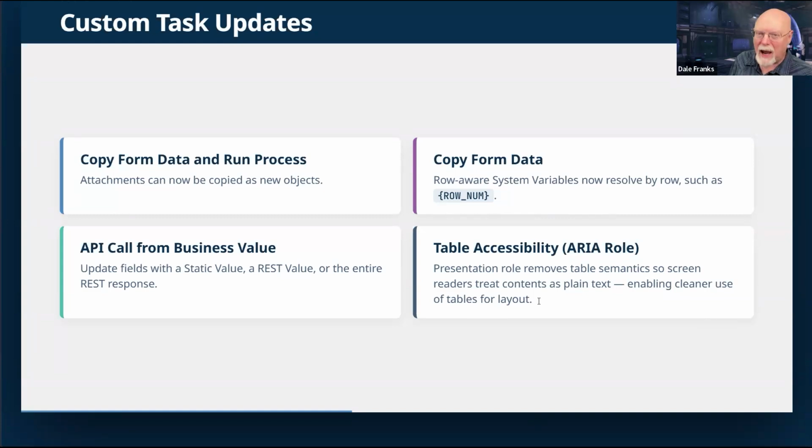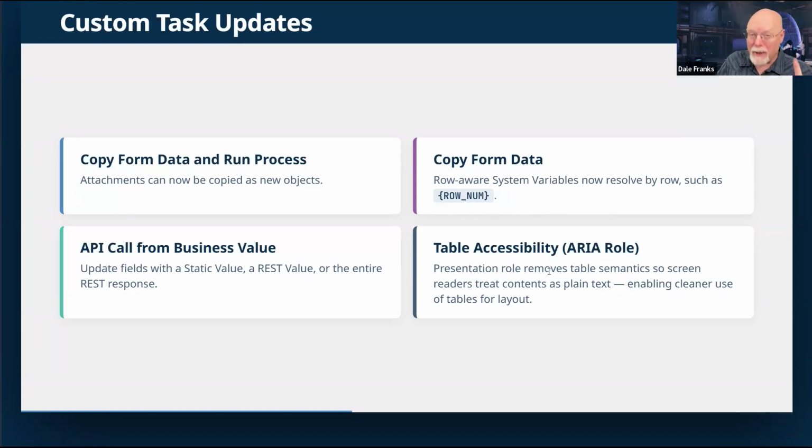Also, not a custom task, but I couldn't figure out where else to stick it. Table accessibility. A lot of times, in fact, most of the time, I think I should say, people will use tables to do layout. Technically, you're supposed to use div tags and flex grids and things like that. But in Process Director, whenever we're building a form, like we're working inside a section control or what have you, tables are the easiest and quickest ways to do layout.